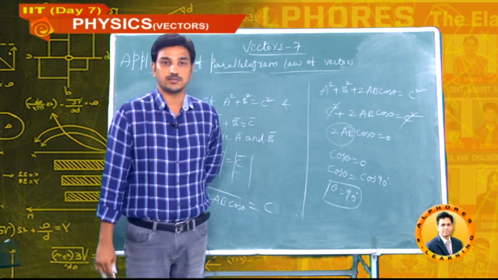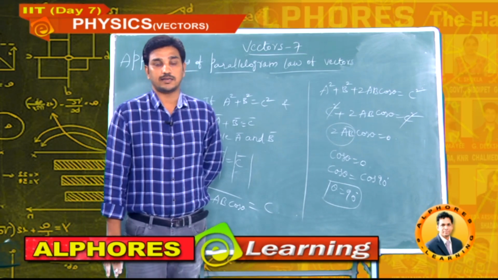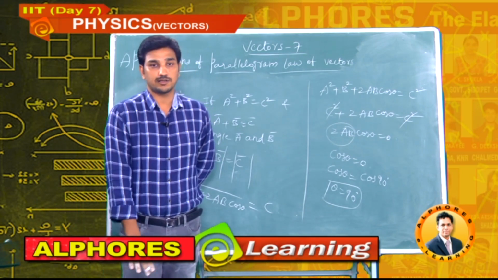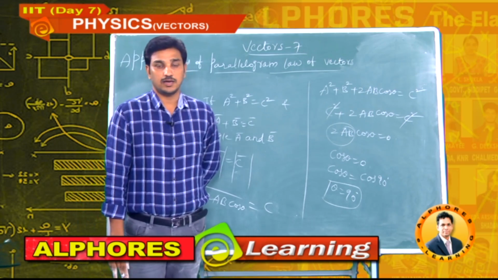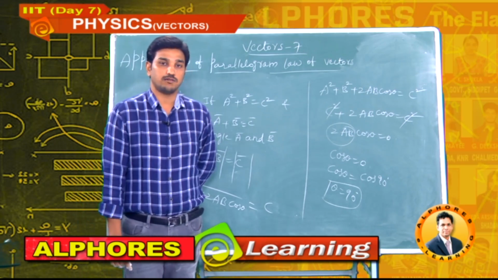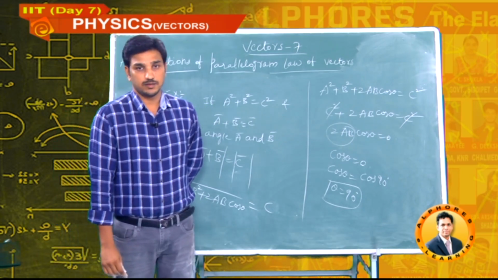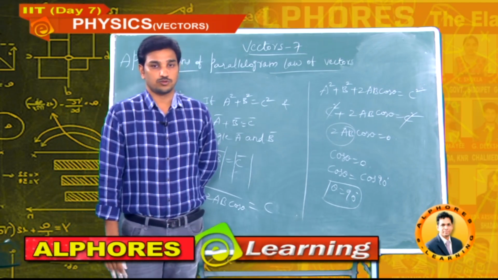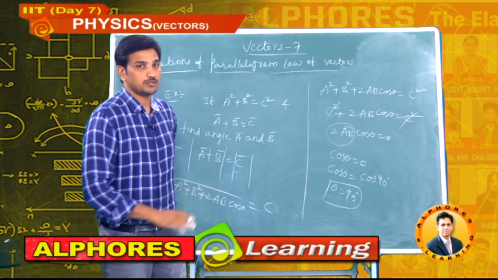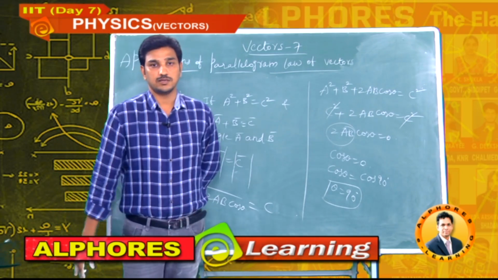Today also we discussed some examples of parallelogram law of vectors. Simple. The magnitude of the resultant of parallelogram law of vectors is root of A square plus B square plus 2AB cos theta. The angle made by the resultant with the horizontal vector is tan alpha equal to B sin theta by A plus B cos theta. By using these formulas, we went through different examples. So tomorrow also we will continue with some examples of parallelogram law of vectors. Please try to practice these examples and concepts.